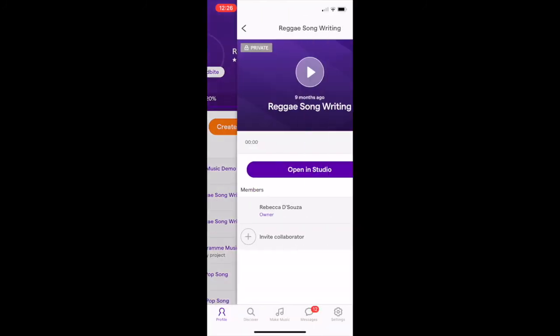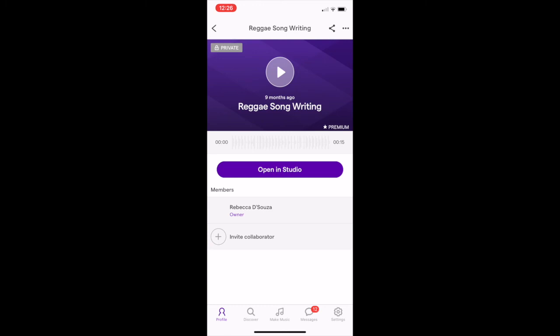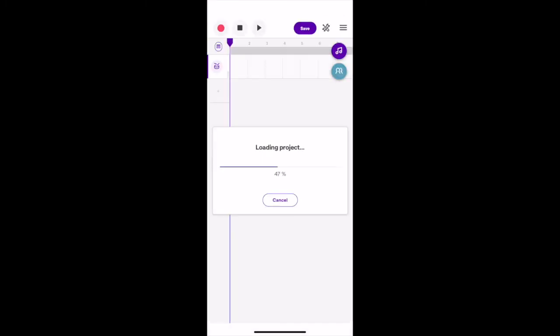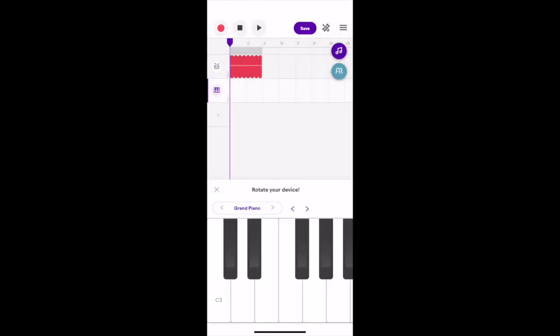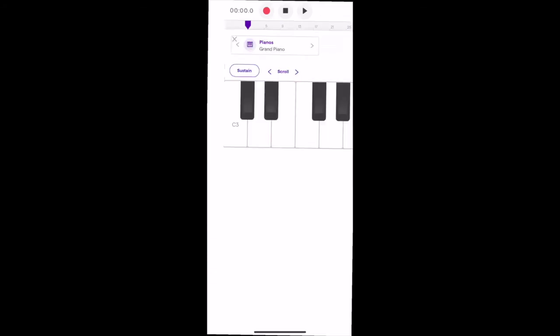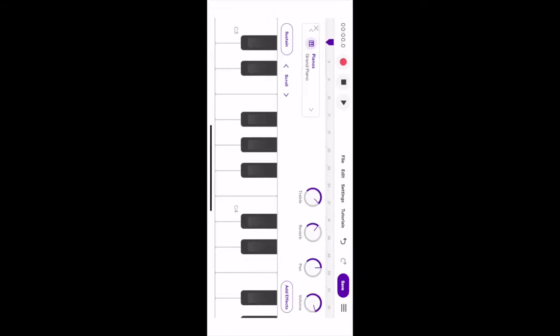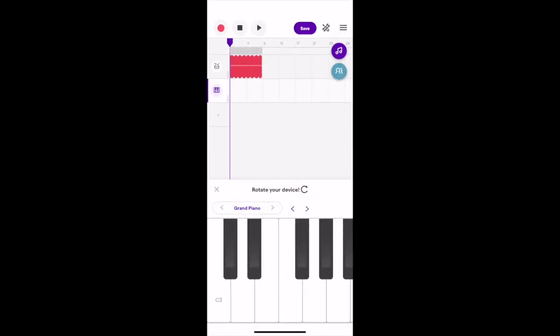If you're using the app version, just click onto your app and then select your reggae songwriting. Open it up in the studio, and that will load the project. Now you want to add in a new instrument, so press the plus and then go through to your instrument. Once you've got your instrument up, you can just press the notes on the screen. You can rotate it if you want to make your keyboard slightly bigger, and then find your note. So C and E and G would be your C chord, and you play them all together